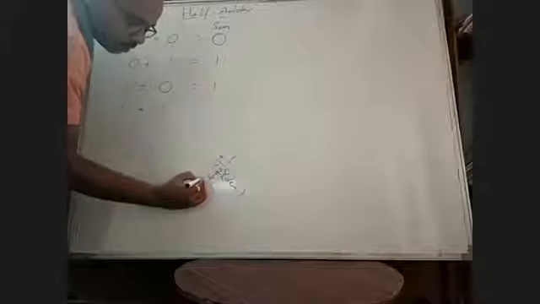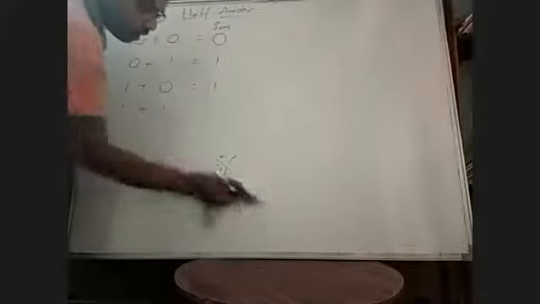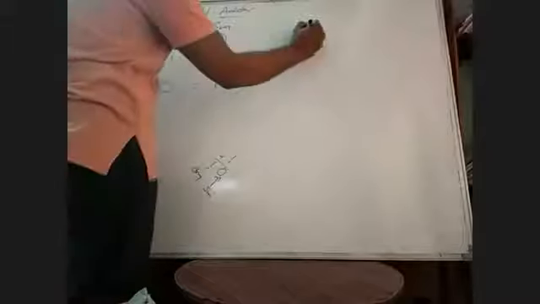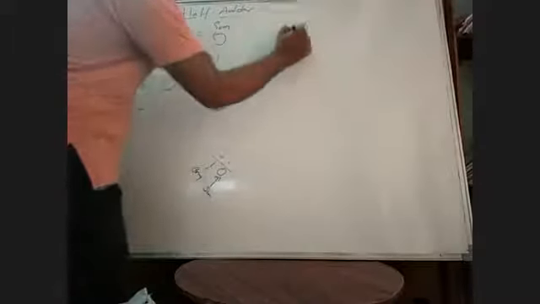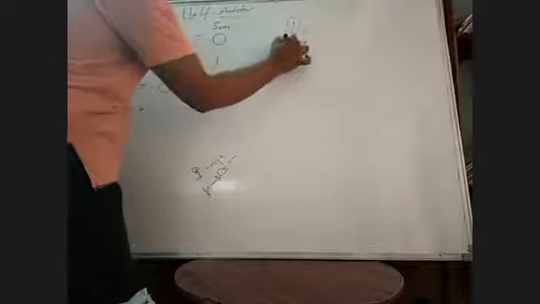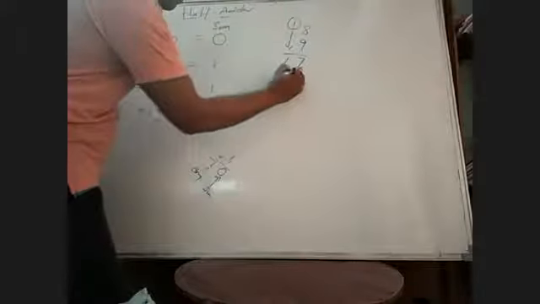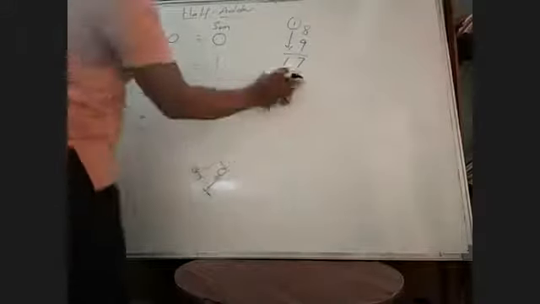Now, binary addition in terms of decimal: it is 2, and the decimal 2 can be written in binary as 1 0. That is, 1 plus 1 is 1 and 0. This is my sum and this is the carry. In decimal addition, 9 plus 8 is 17. That is, 7 is the sum and you get 1 as carry. We write the carry here. In decimal we add and bring the carry.